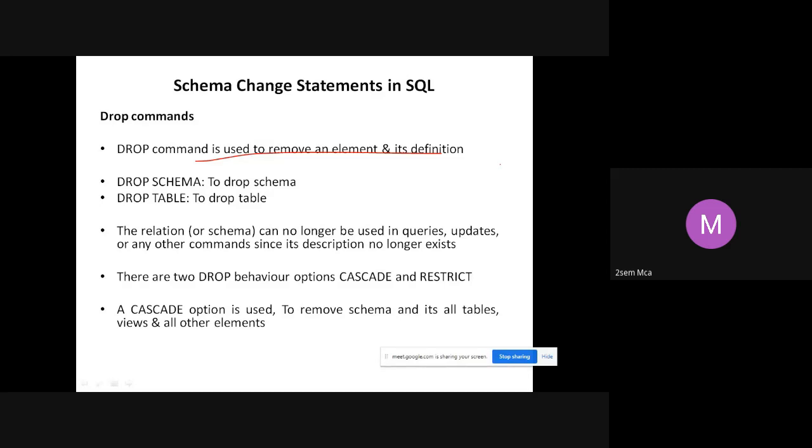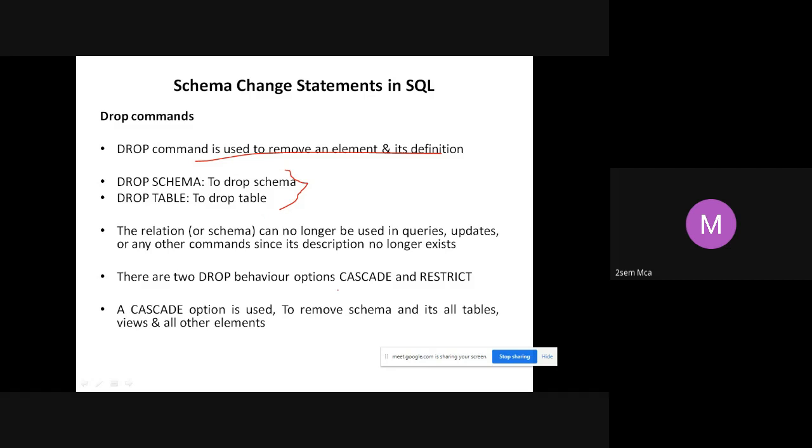That's the difference between truncate and drop. And I say if you have entered a really lot of wrong values, then you can simply truncate the table where all the rows or records are gone, and then you can start reinserting. But if you want to drop the table itself, means if you are using the drop command, then the entire structure of the table will also go. You will have to create it again. So now here in this case, there are two commands. You can drop the schema, you can drop the table. But we don't have a privilege to create a schema, so we cannot drop it also. Table we can create, we can drop. We have seen all that.